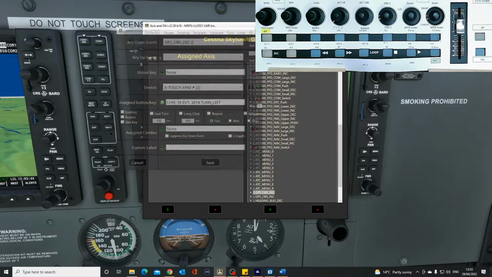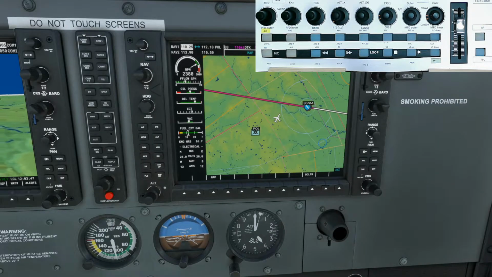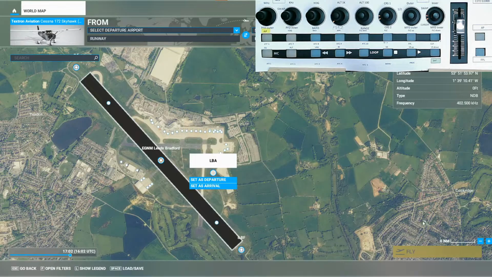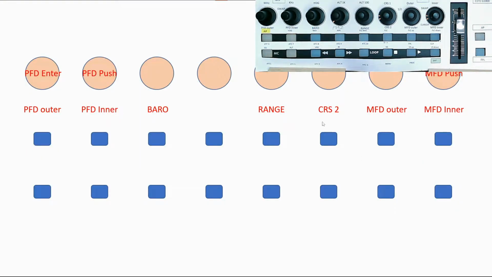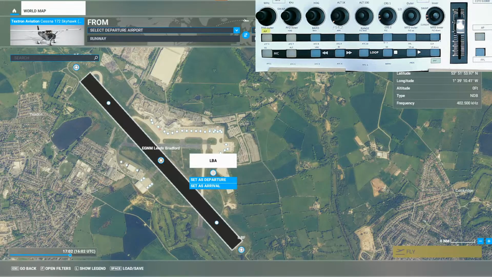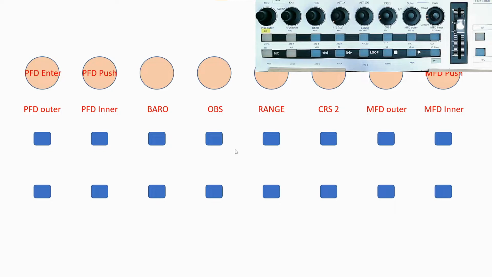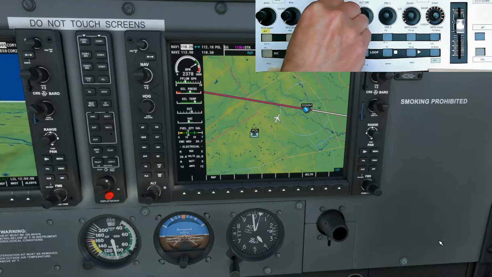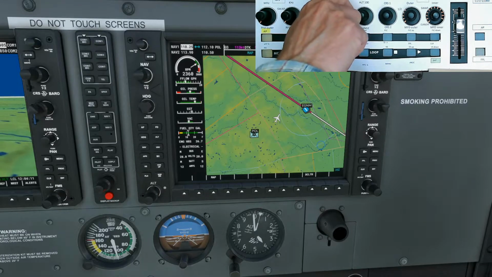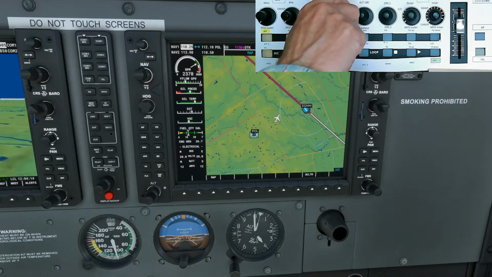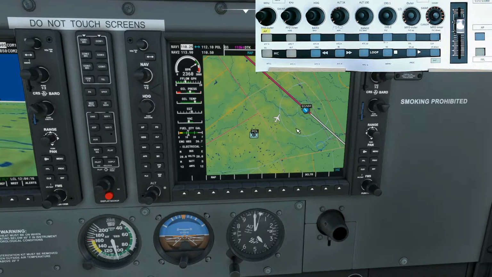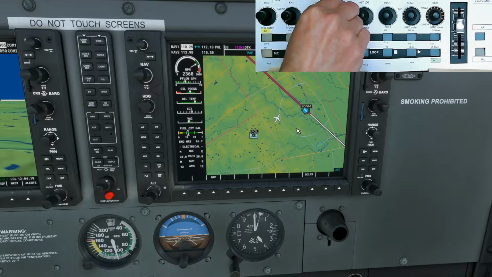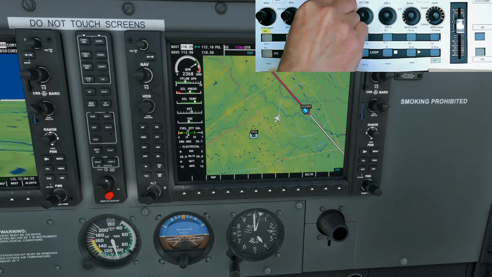If you remember back in a previous video, I had not allocated anything here, so I've now allocated OBS onto here. So down there I can change the OBS. Let's see that in action. So here's my OBS, and I want to turn that to 140, and it's telling me here when it's 140, so that should line up